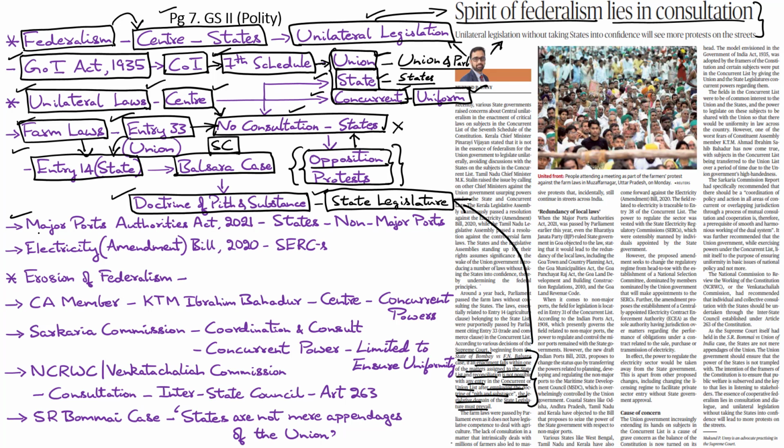Something similar can be seen in the case of the Major Ports Authorities Act of 2021 as well. This act passed by the Parliament earlier this year has been opposed by several states because it seeks to extend the jurisdiction of the Centre over the operation and regulation of non-major ports as well, which essentially fall under the control of the states. See, when it comes to non-major ports, the field of legislation is located under entry 31 of the concurrent list. As per the Indian Ports Act of 1908, presently the non-major ports are governed and regulated